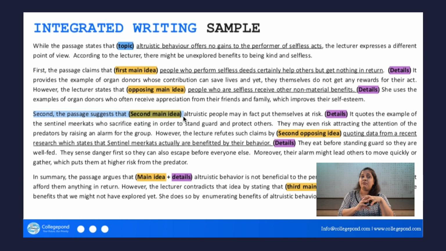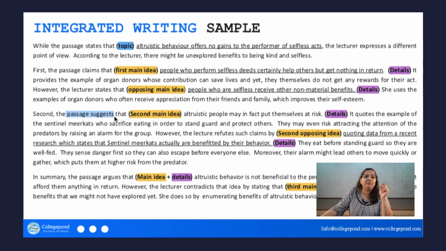That's the second main point that the passage made. Now if you see, there are parallel structures at work. In the first paragraph also, I started with what the passage said first, right? So I'm going to follow the same structure here. In the second paragraph also, I'm going to start with what the passage says first. It's confusing if you keep interchanging that. There's no proper flow or fluency to it.